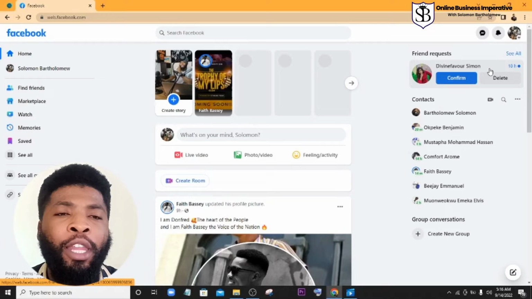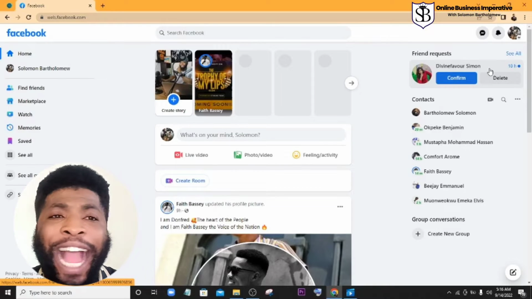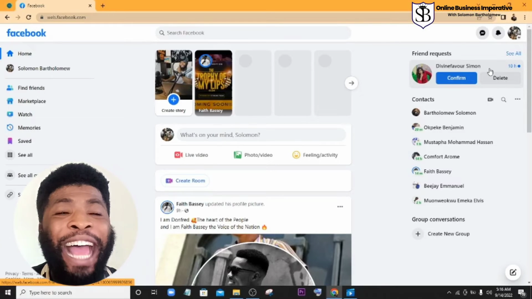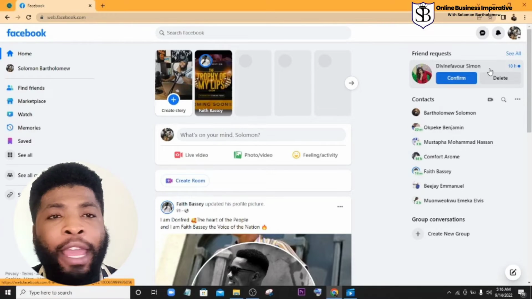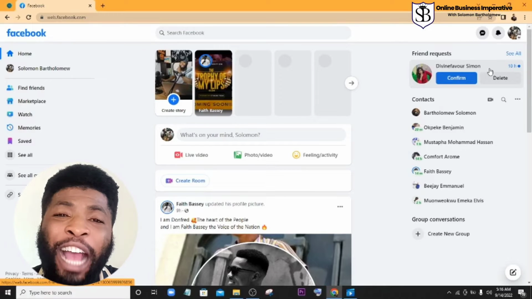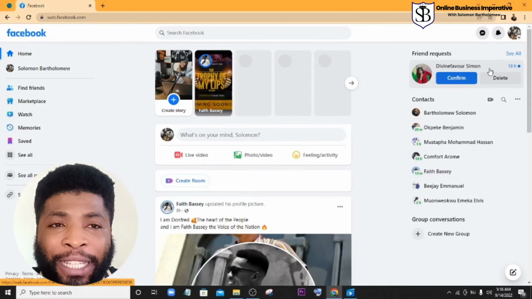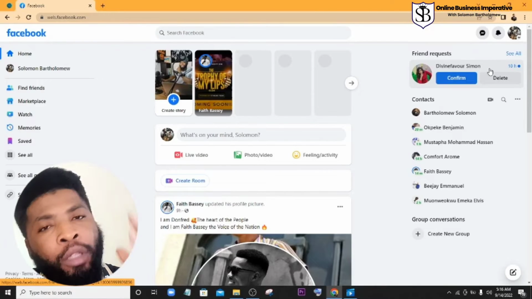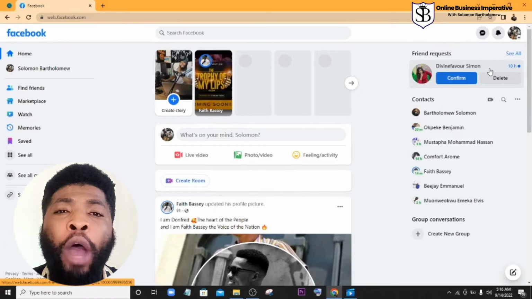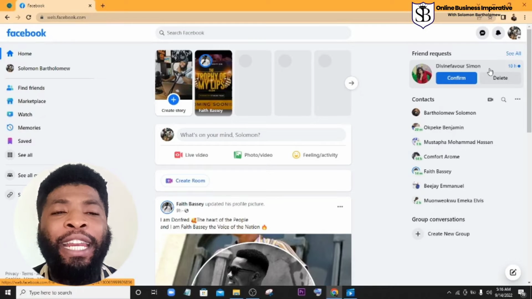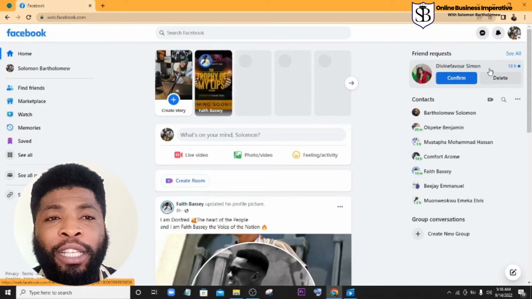Let me give you an example. There was a time I was looking to get a laptop, and then I went on Facebook and Instagram and just searched different platforms where I can buy a laptop from. Guys, after I did that search for one time, I can just be scrolling through Facebook and Instagram and the next thing I see is a laptop. I go through 3-4 posts, the next thing I see is a laptop. This is how much the algorithm understands what your demands are, and then they can place advertisers whose products appeal to you in front of you, and you can buy those products. So you want to actually leverage on what Facebook and Instagram has as it relates to the specificity of data that they can use, and you want to learn how to run it and make a lot of money from it.